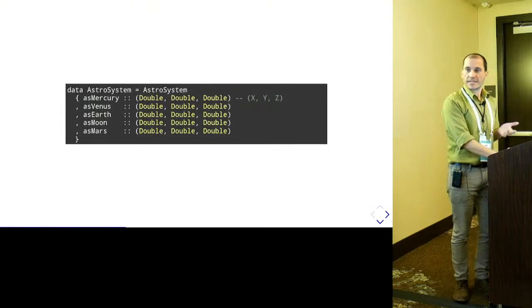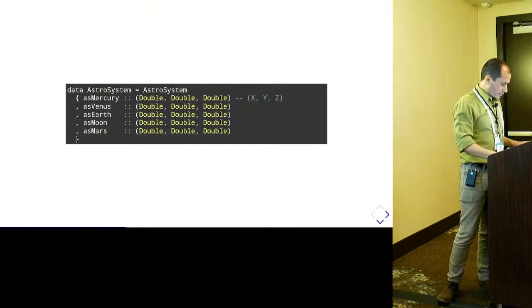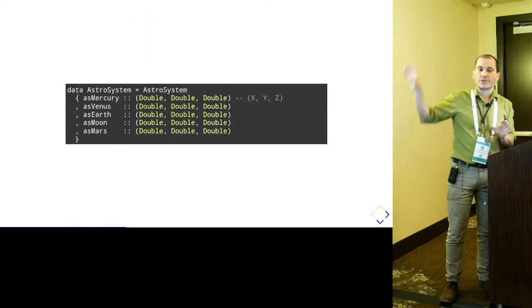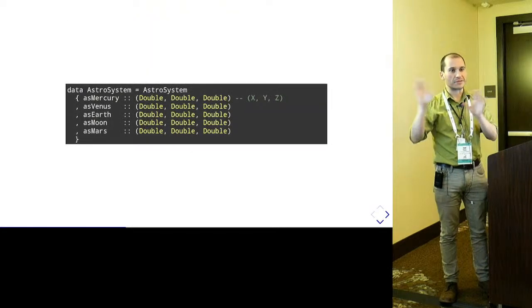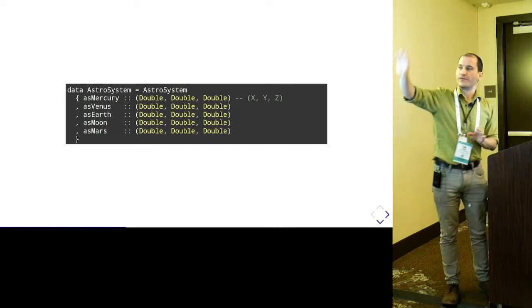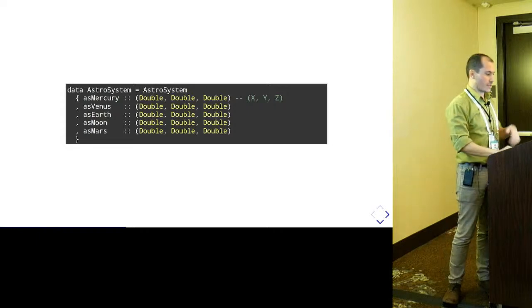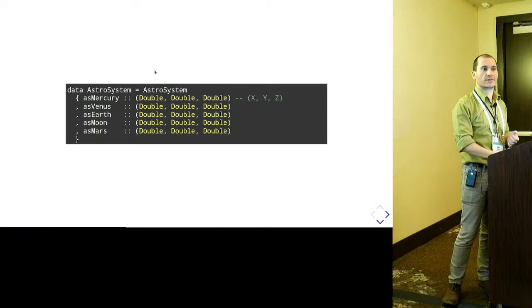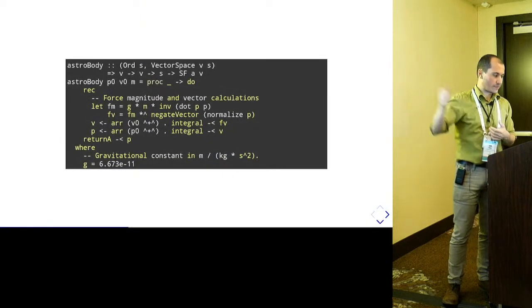And as a last example, and then I'll just show you pictures. We're going to take that and create a planetary little simulation, like a toy simulation. We do the same, but we're going to have 4 planets and the moon, and we want to know their coordinates. So we pack them together in a record.